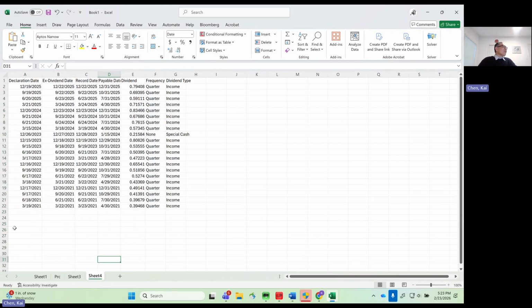Okay. Now, of course, we're going to use this data, right? We are going to use the dividend, because we know when we calculate the daily data, that is the current day's close price plus the dividend received in this day minus the previous close price, divided by the previous close price, right? So we're going to use this